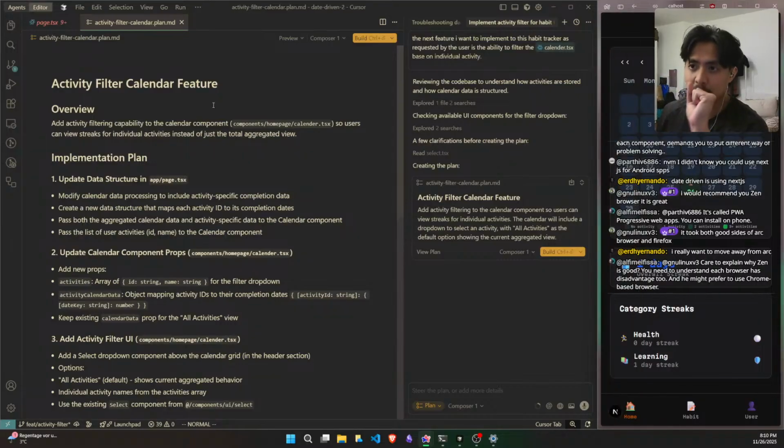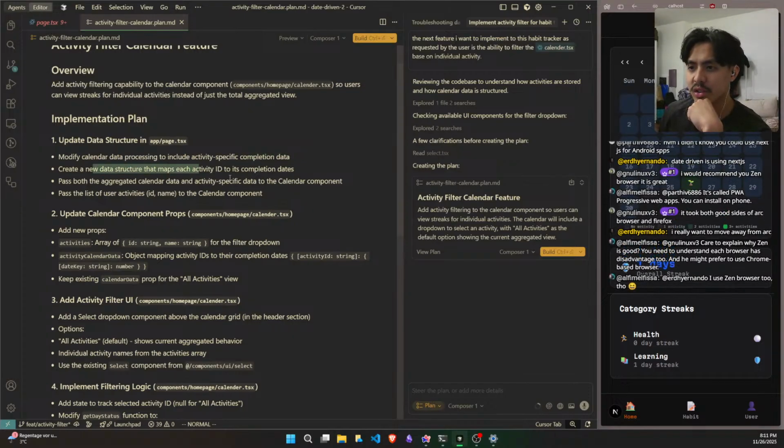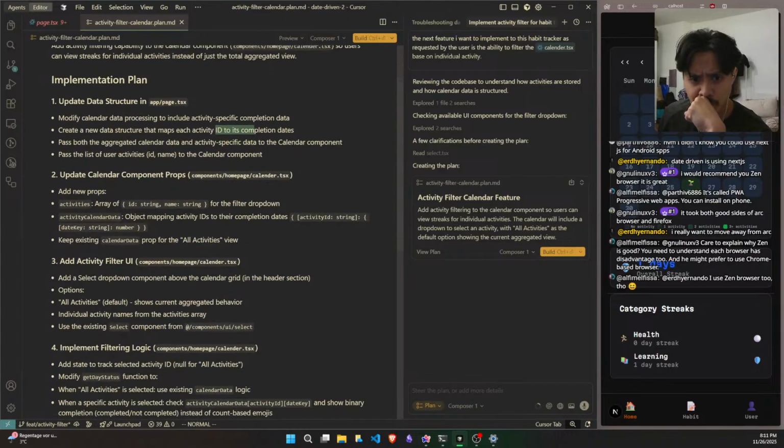Okay, so this is the plan mode. Add activity filtering capabilities to the calendar component, so users can view streaks for individual activities instead of just the total aggregated view. Modify calendar data processing to include activity-specific completion data. Make a new data structure that maps each activity. Okay, I will use it.